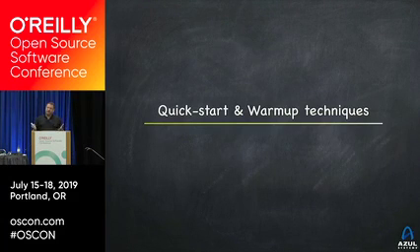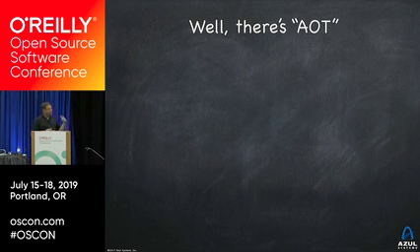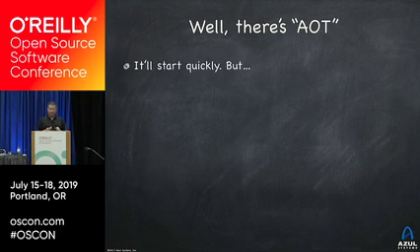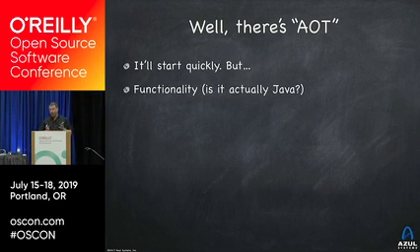There are various ways you can take a look at that kind of evolution of speed over time and try to make it faster, because we want the program to start quickly, to run into fast code quickly. One of them is to use what's called AOT, ahead of time compilation. And there are several techniques out there that do that. And it will start more quickly because it'll go into compiled code right away. However, there are a few issues there.